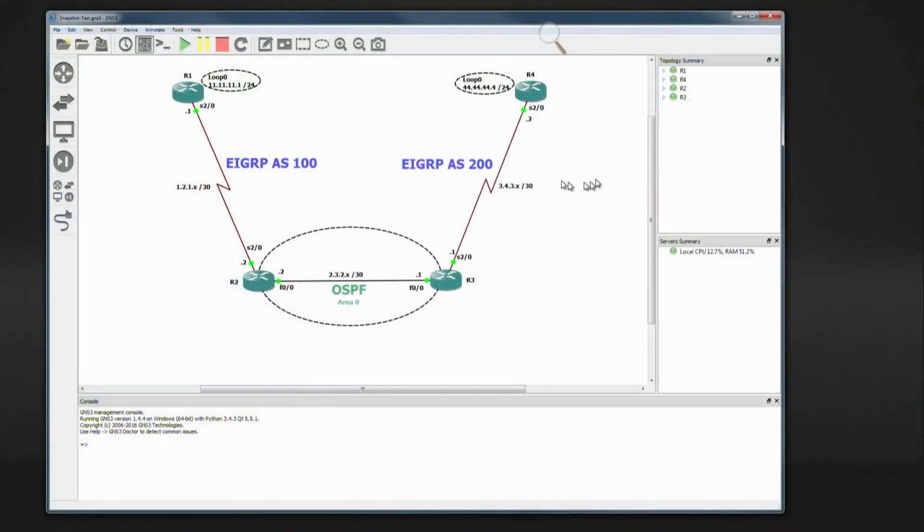So in this particular topology, I have so far created 2 snapshots. The first snapshot was just IP addressing and that was it. All the links are up, IP addressing was configured, nothing else was configured. So let's go back to that one. And then I'll show you how to actually create new snapshots. So the first thing I'm going to show you is if you've already got a snapshot, how do you go back to it? In other words, if you've created a snapshot in the past, how do you revert back